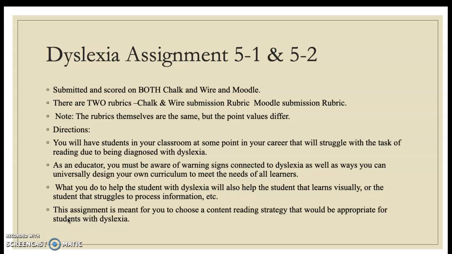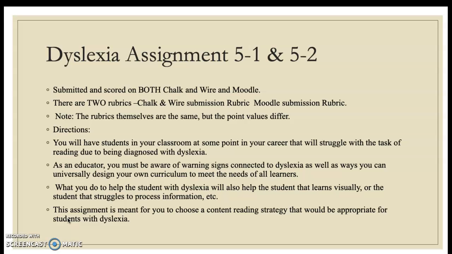All right, your directions. You will have students in your classroom at some point that will struggle with the task of reading due to being diagnosed with dyslexia. As an educator, you need to be aware of warning signs connected to dyslexia, as well as ways you can universally design your own curriculum to meet the needs of all learners.